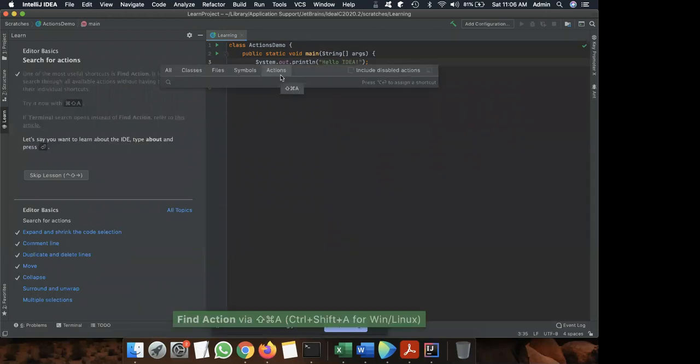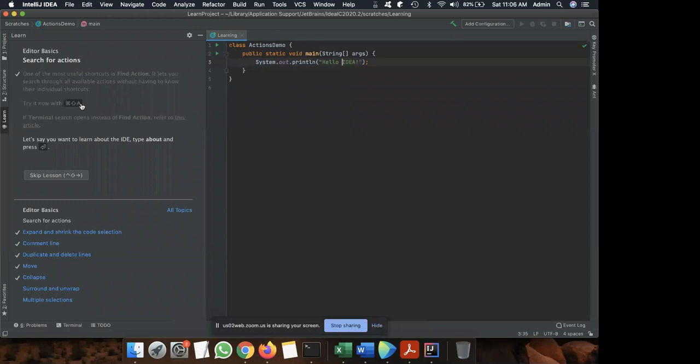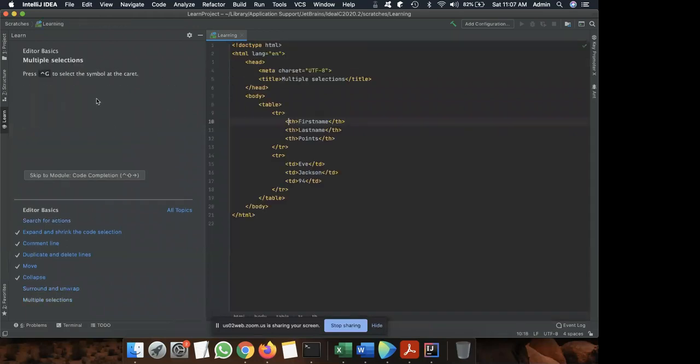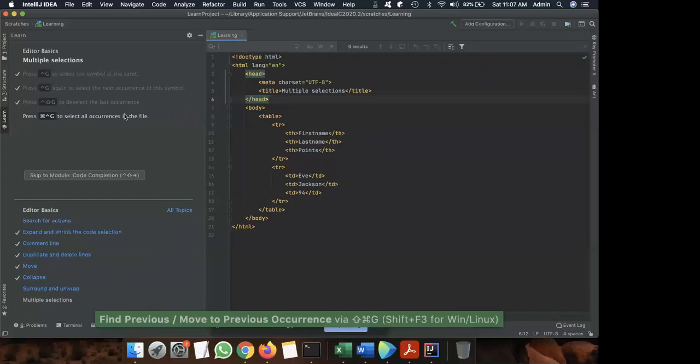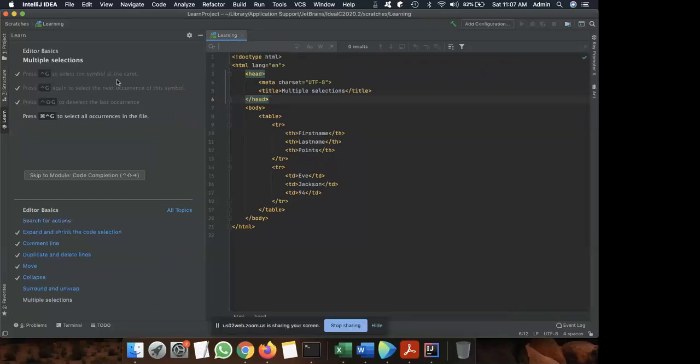Once you click Learn IntelliJ IDEA, you will have the shortcuts available for you to try out. For example, one of the first tips is using Command Shift A, which opens the actions. Once you've done this keystroke, you go to the next lesson. Now Control G to search for it, and for the next symbol, you just follow the learning steps as instructed here, and you'll be able to learn a lot of shortcuts.